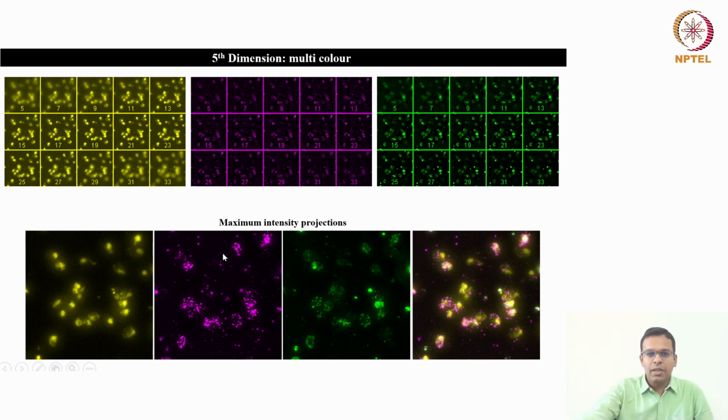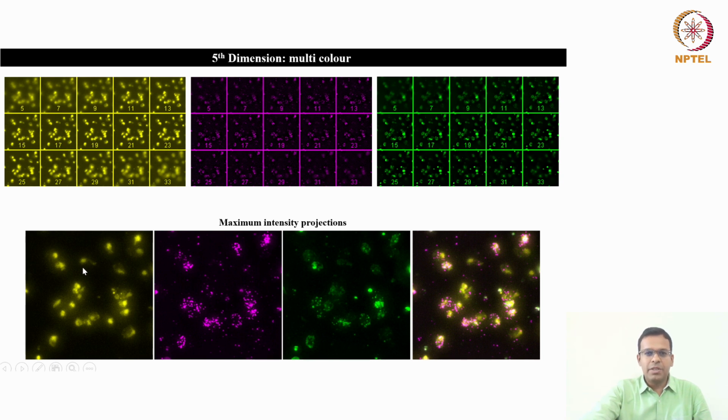Here you can see I have shown the montage of the Z-stack. Initially in this yellow channel, the cells were defocused. Then these are all Z-stack images. The cells are perfectly focused somewhere in this area, in frame number 17 and 19, and again they will defocus. So I have collected the entire Z volume of the cell in 3 different colors, and then here I have shown the merged images of these three.